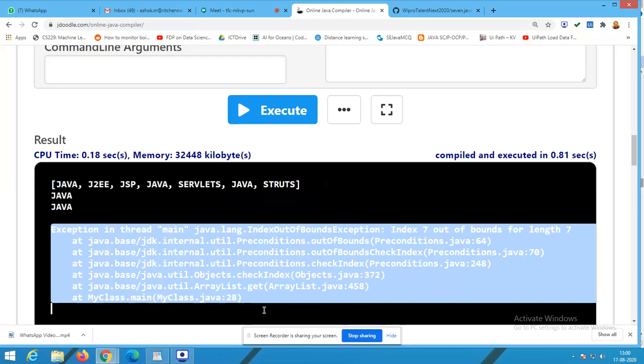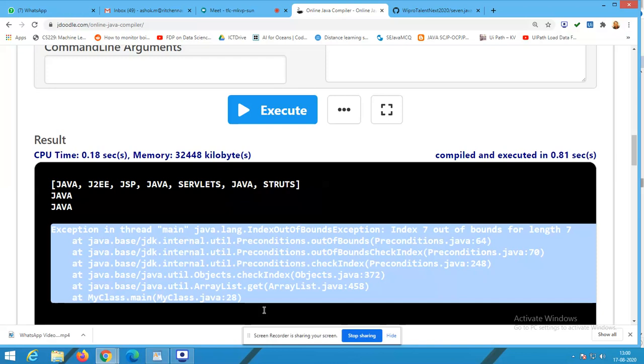So this is an exception generated by your system, by your software, by your JDK. In that place, if such things are going to happen, you can manage on your own by writing your own exception handling. We will teach you in the forthcoming session how to write our own exception handling.